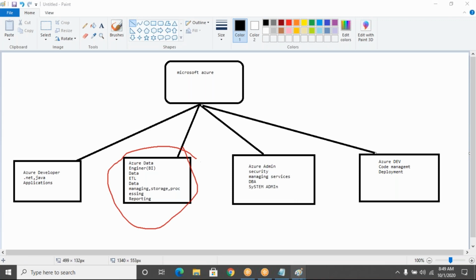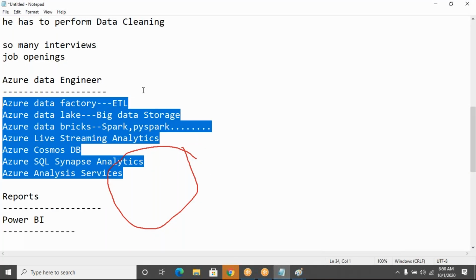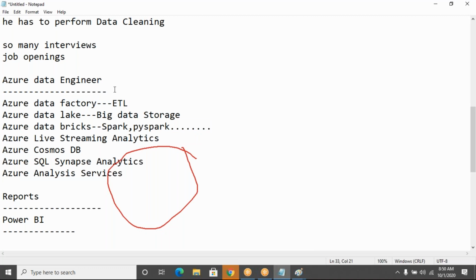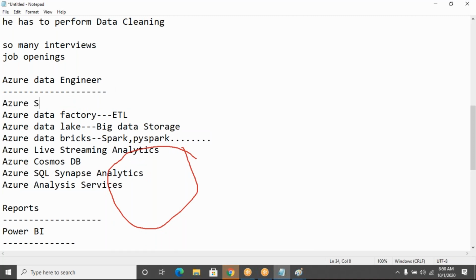As a part of this data engineering, we are going to cover many services. We are going to cover Azure storages, meaning how many ways we can store the data, like blob storage, table, and some other storages.